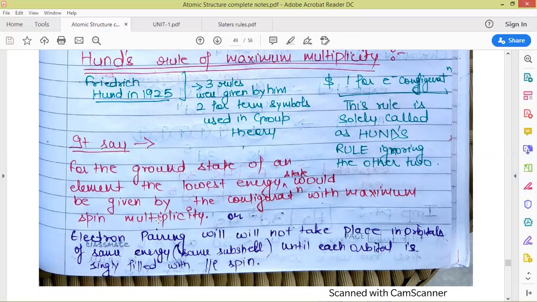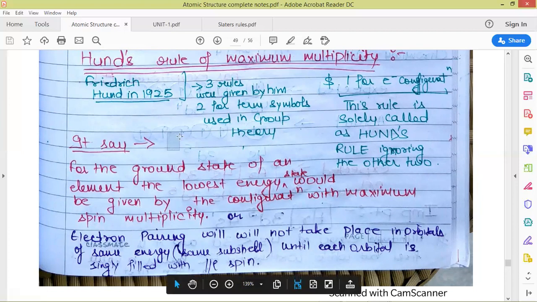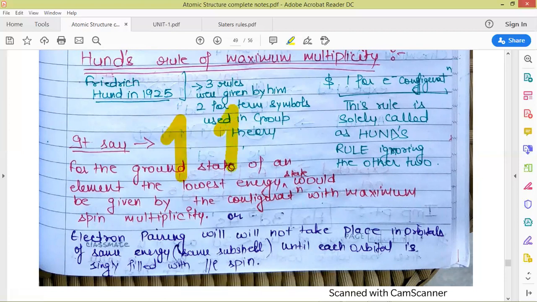If we cannot pair the electrons in these orbitals, we'll have to put the electrons in such a way that the multiplicity remains. The electrons fill these orbitals in the form of parallel spins, not as paired up. So this is how we represent parallel spin. This is the first orbital, this is the second orbital. So they cannot be present as opposite spin, but they will occupy as parallel spin this way.